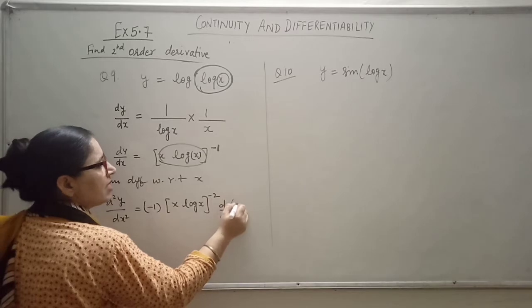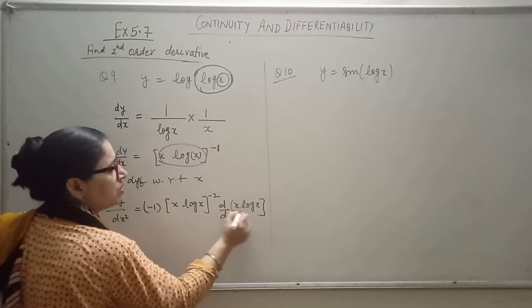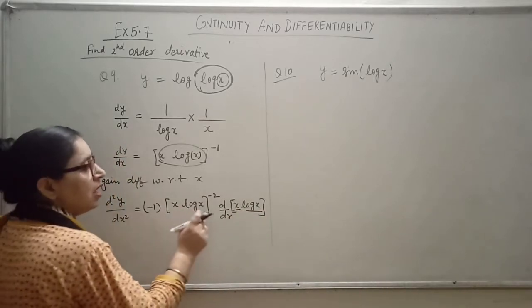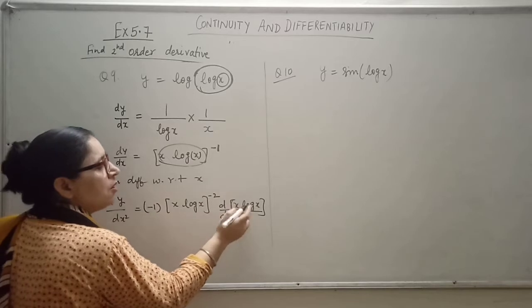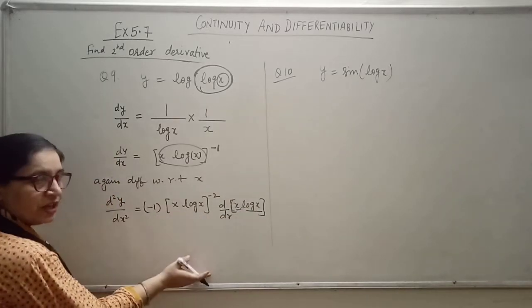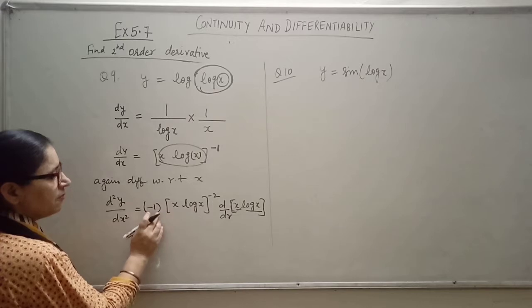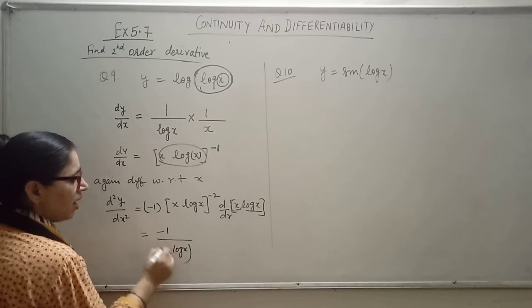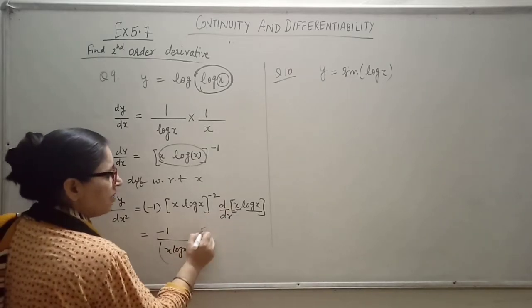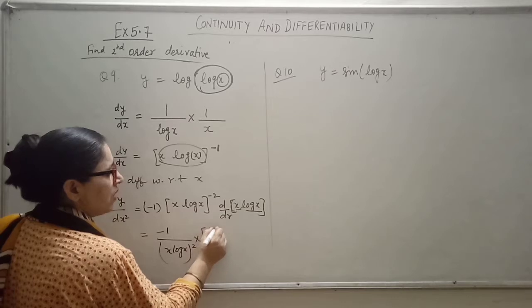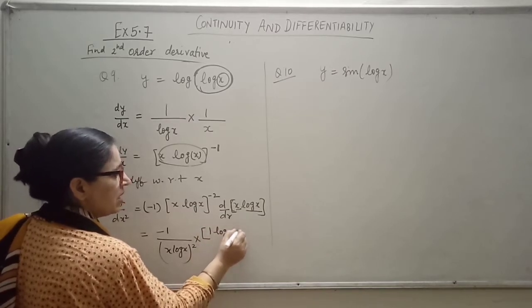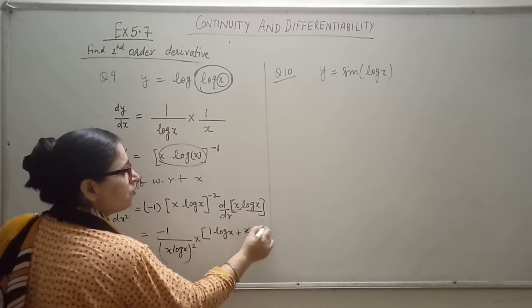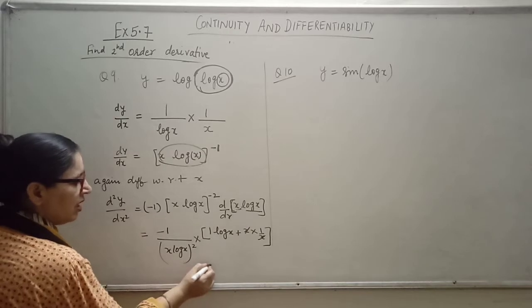Okay, so it is x log x, and you can see here, students, in the base there are two functions in multiplication. So when we take the derivative of this base, then the product rule will be applied. So that we will take in our next step. So what does it become? It is minus 1 upon x log x raised to power 2 into, when I take the derivative of this, so derivative of x is 1, log x would be written as it is, plus x is as it is, and the derivative of log of x is 1 upon x. It would be cancelled.